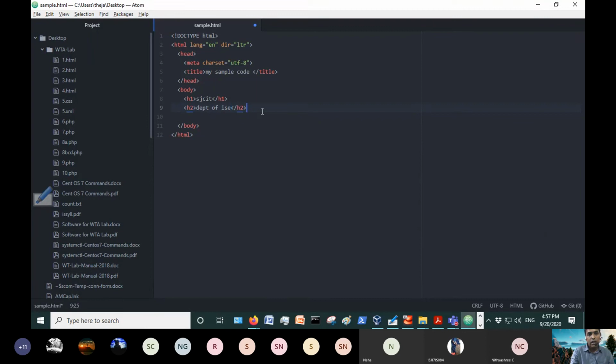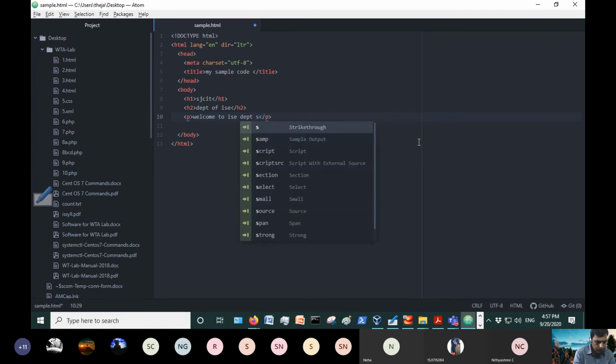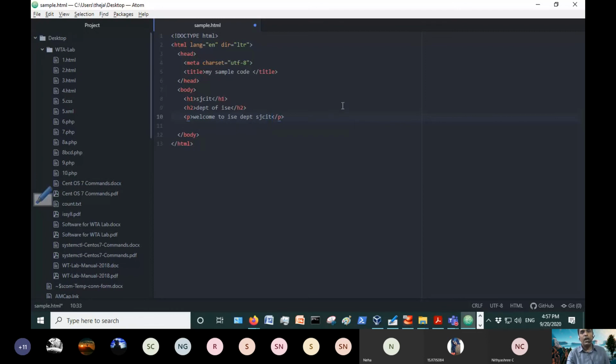So next, for any tag, you can type the name, just P. I want to give P tag. So paragraph came in. So now you have created 3 lines of text.